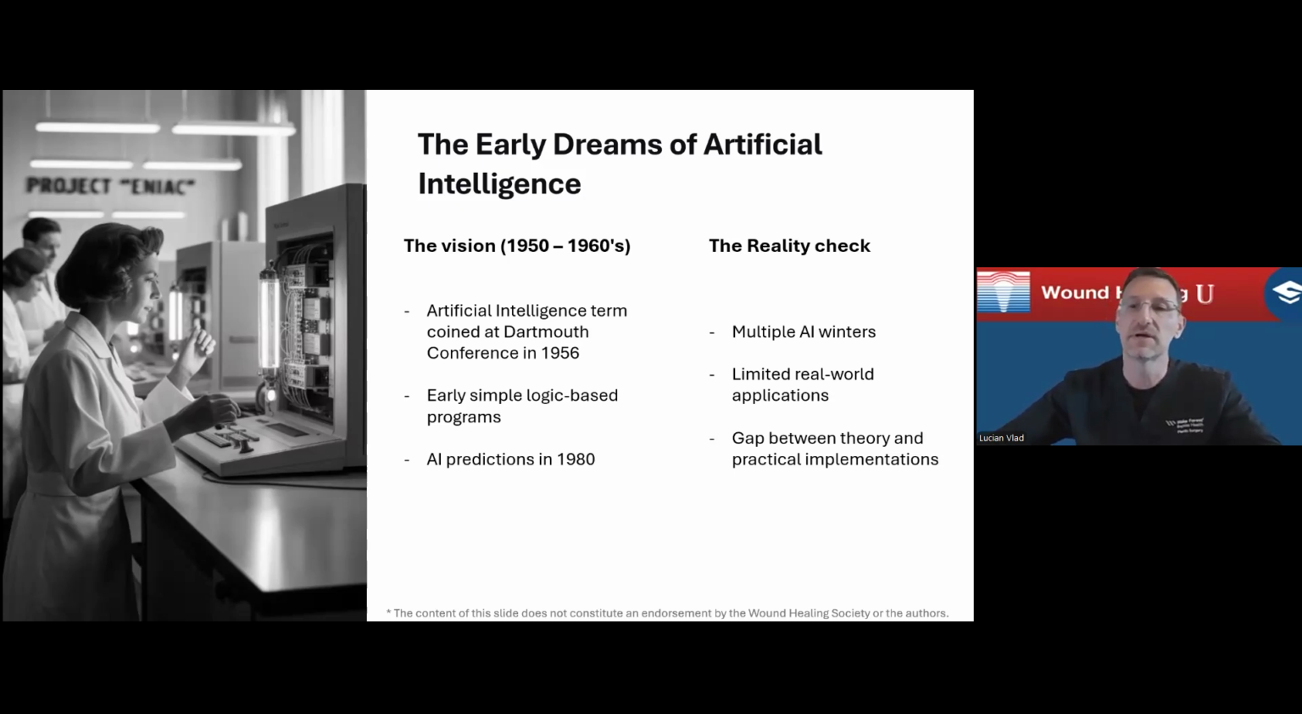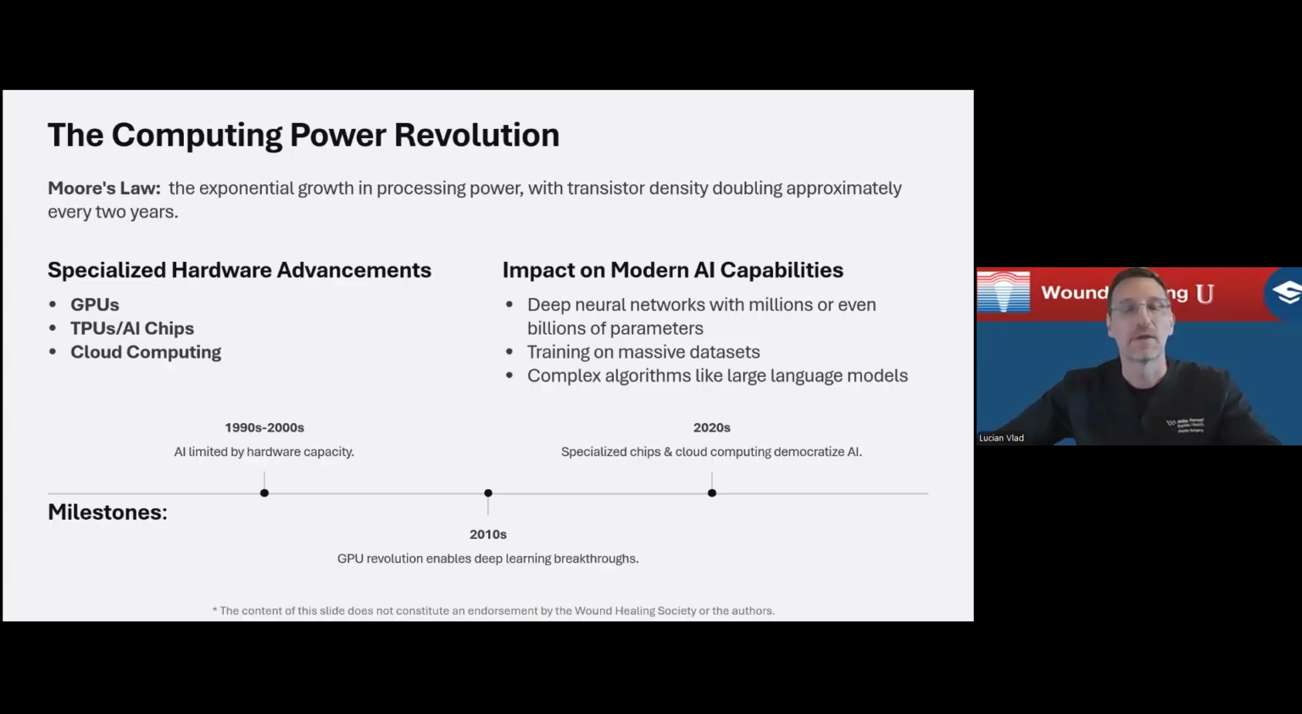This was limited because computing power, data availability, and algorithmic sophistication were insufficient for the grand ambitions of the early pioneers. There were many AI winters. A program would come up and bring hope, then investment would drop, and nobody would hear about those projects for a long time. That's why we call these AI winters. But with the computing power revolution of the past couple of decades,